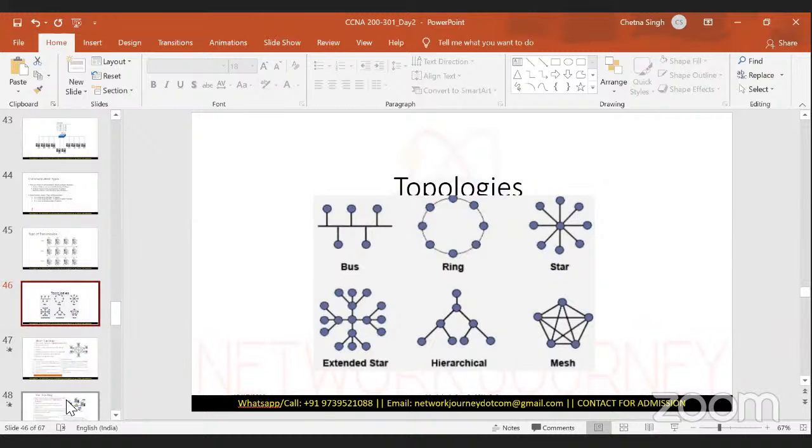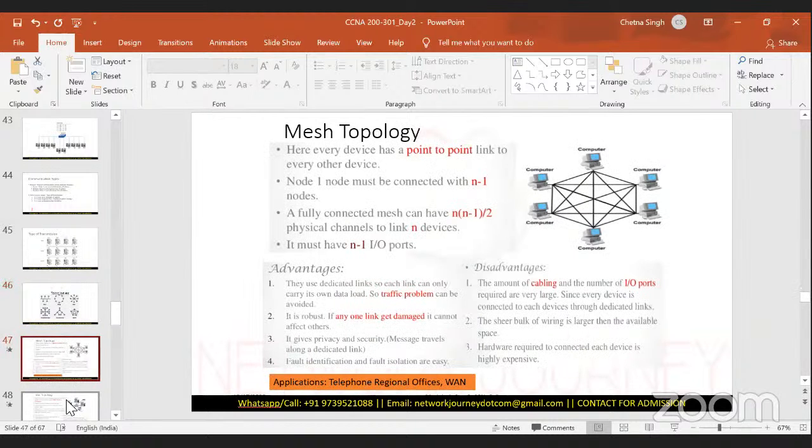So this is very important to understand, how we can arrange different systems in order to have better communication. Which one should we use, and for which application, I will discuss in my forthcoming slides. Starting with the mesh topology,